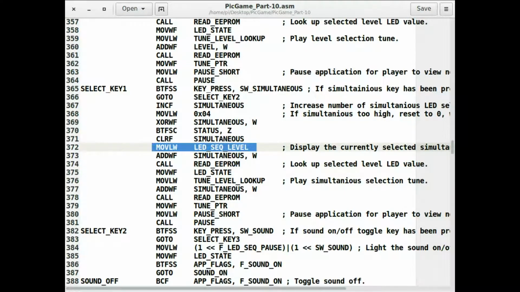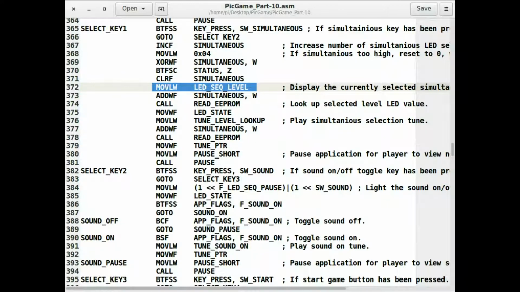And then it does the same thing for displaying the LED of the sequence levels that have been selected, and it adds the offset, reads the LED value that needs to be displayed, and then displays the LED value, same as above. And the same for the tune. It looks up the tune level table, adds a simultaneous offset, reads the tune pointer that needs to be played, adds it to the tune pointer, which starts playing it immediately,